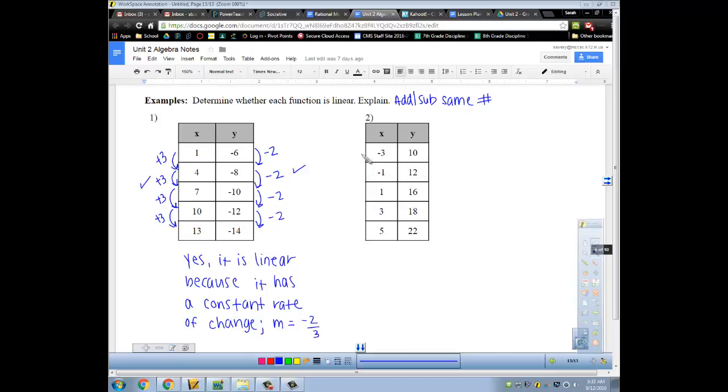So looking at number 2, -3 to -1, I added 2. -1 to 1, added 2. 1 to 3, I added 2. 3 to 5, I added 2. So my x side is good. Looking at my y's, 10 to 12, added 2. 12 to 16, I added 4. So that's already different, so it's going to be no. It is not linear